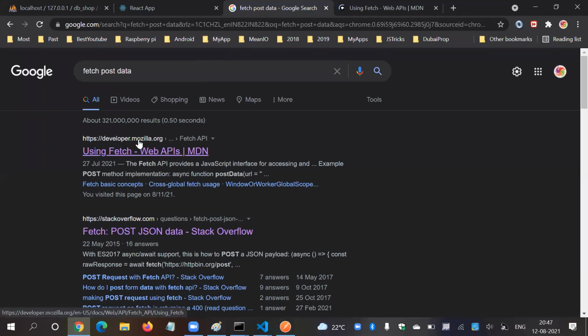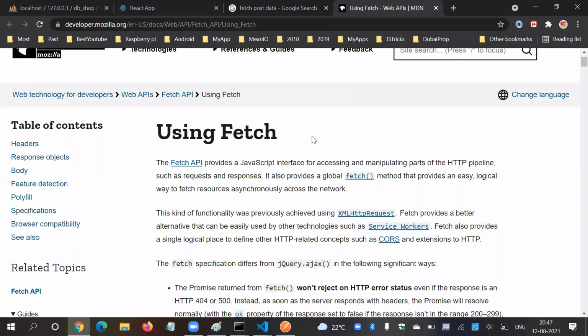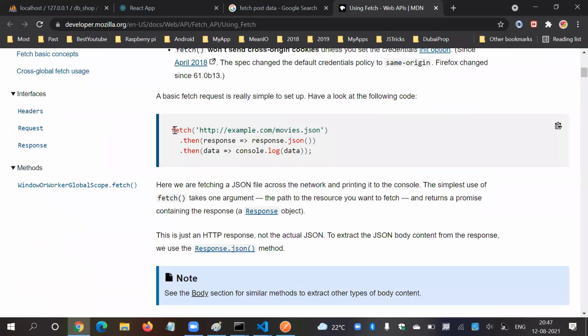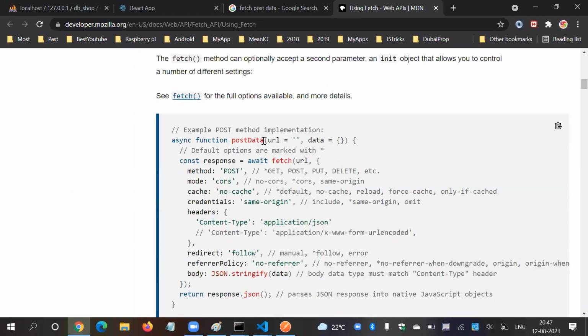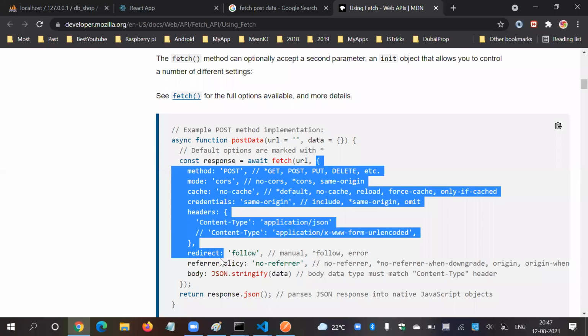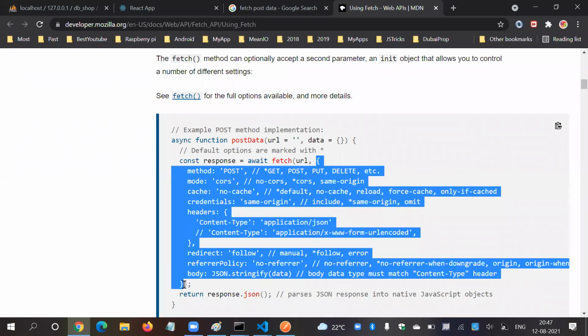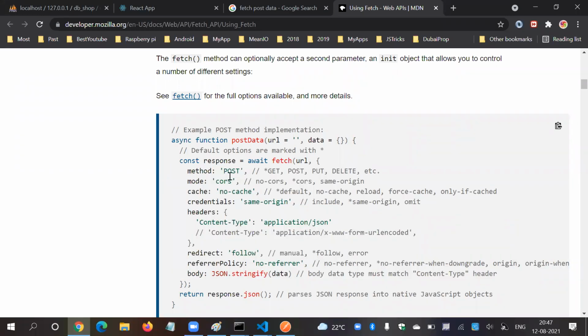Go to this link, developer.mozilla.org. Here you will find fetch, this is your GET. Fetch the GET API, you will get a response. You can print, you can display whatever you want using the then strategy. But here, if you see, here is your fetch, here is your URL, and all the parameters are inside here. So see, method, post, mode, cache, credentials, headers, redirect.